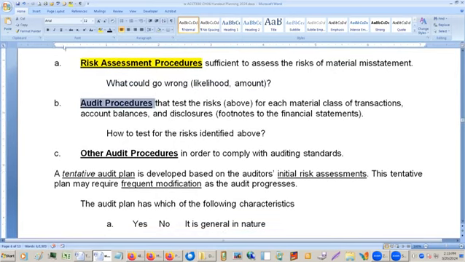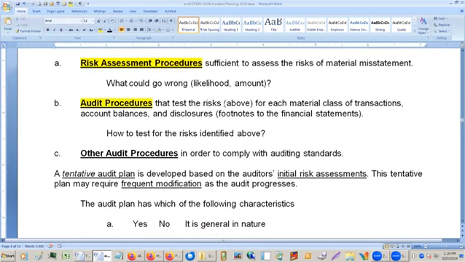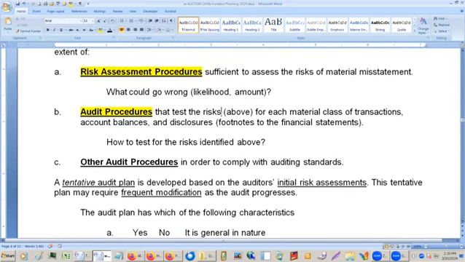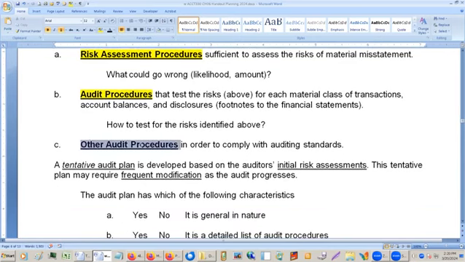Then we go to audit procedures. We'll design audit procedures to find those risks. Now, if we're doing an audit report from the previous year, we may already have those procedures set up. If there's something new that comes up, we'll maybe make new procedures. So figure out what the risks are, make audit procedures to come up with them, and then other procedures to comply with the standards, which we'll talk about later.